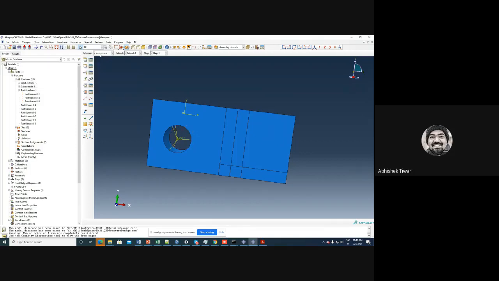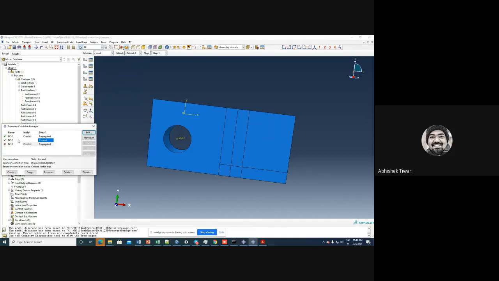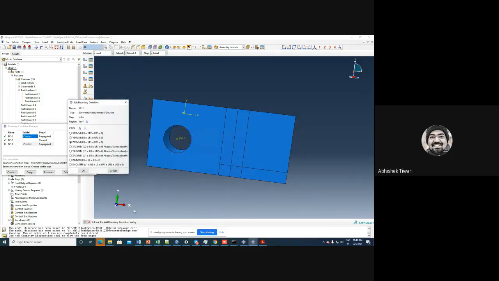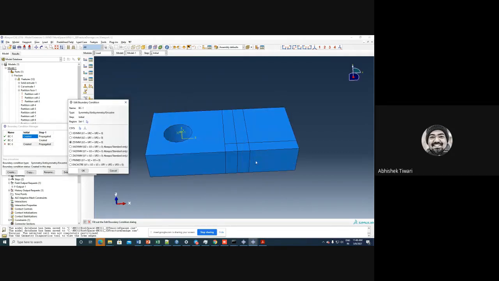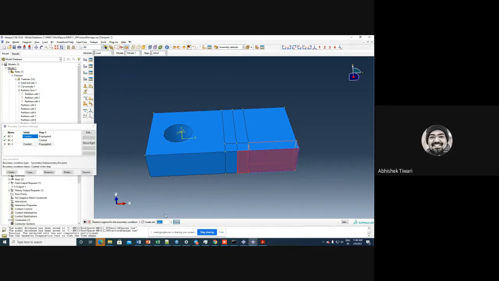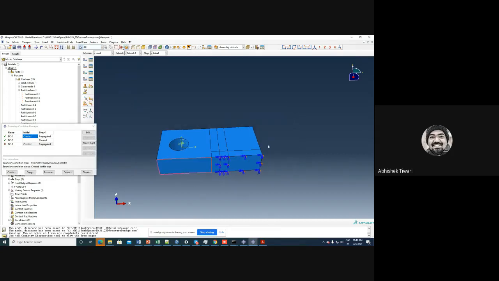Okay, so let us go to the loading, and here I want Z symmetry. Yeah, I want Z symmetry, but I also want Y symmetry. So on crack plane, which is this one, there is a part which is exactly mirror image of what I have modeled on the lower side of it, right? So I will apply Y symmetry on that. So I will select in the viewport this part, and this part should have Y symmetry. And I hope you understand.